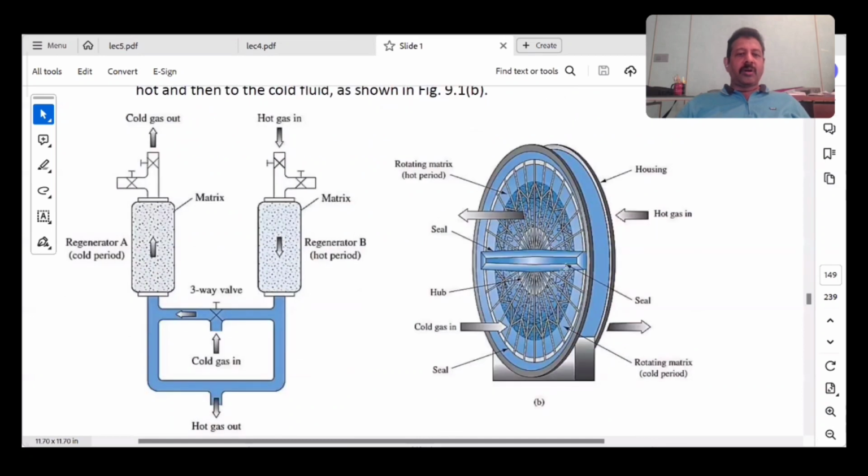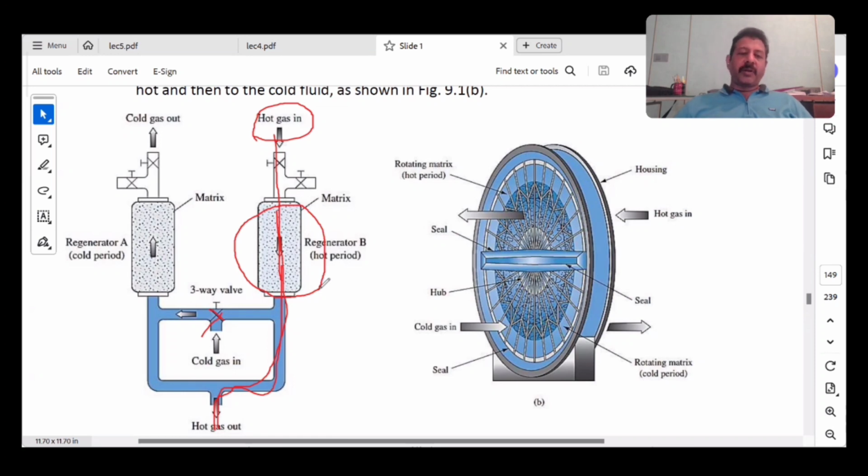இங்க பாருங்க, ஹாட் கேஸ் இன், இங்க இருக்குல்ல ஹாட் கேஸ் இன், ஸோ இதுதான் மேட்ரிக்ஸ், ரைட்? அடுத்தது இது அந்த ஹாட் கேஸ் இப்படியே வெளில போயிடும், ரைட்? அடுத்தது கோல்டு கேஸை நான் பாஸ் பண்ணுவேன். கோல்டு கேஸை இந்த வேல்வ் இருக்கும், இந்த வேல்வ் ஃபர்ஸ்ட் க்ளோஸ் பண்ணிடுவேன். ஹாட் கேஸ் வந்து இப்படியே வந்துட்டு இப்படி போயிடும், ரைட்? இது ஒரு சைக்கிள். ஸோ இதுல வந்து this gets stored, the heat gets stored, right?